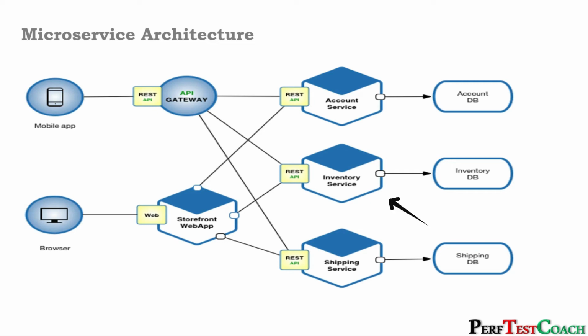Now, if the inventory service is slowing down, then you can scale up only that particular service, which improves the scalability and resource utilization. You can also use Java to build one module and Node.js or Python to build some other modules. If you make a change to any one of the modules, then you need to do regression testing only to that particular module, which speeds up the testing and you can release new features into market quickly. The code base of a microservice will not be that huge as they are built with limited features which can serve a specific business purpose. Because of this, microservices can start up very quick.